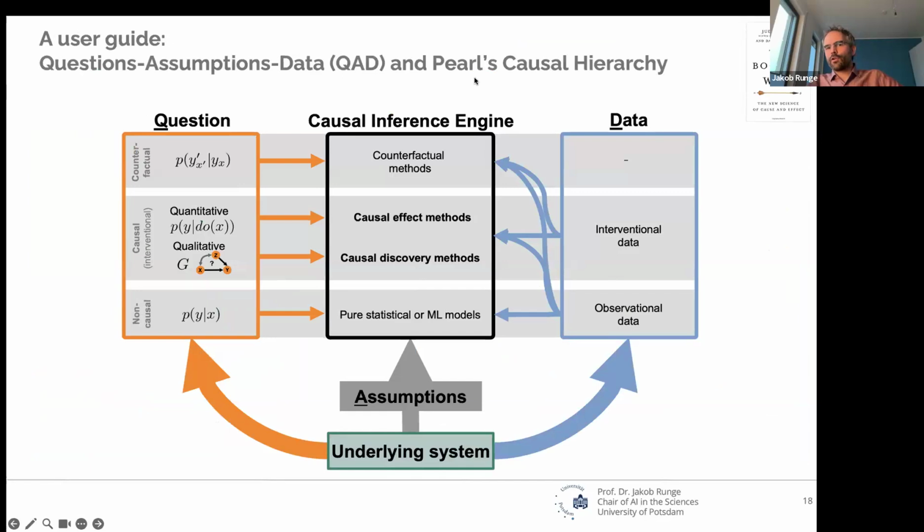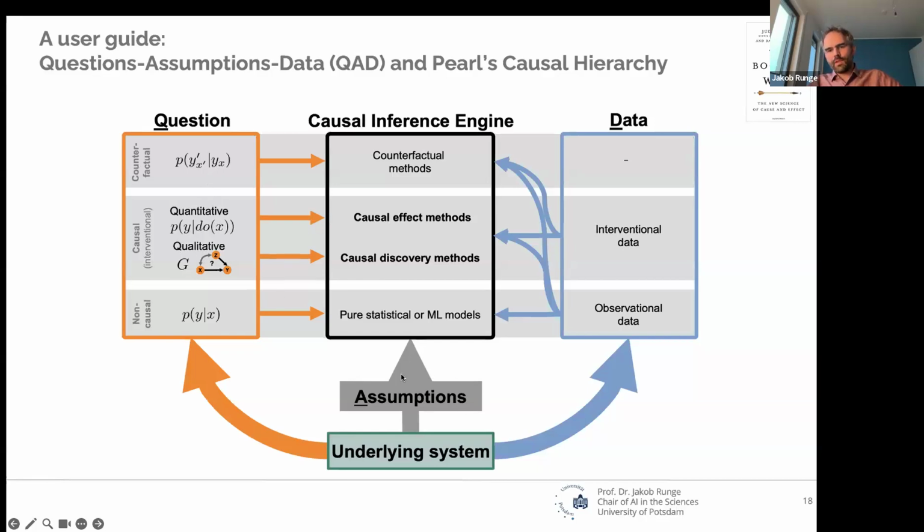So you might have heard of Pearl's causal hierarchy, and I like this concept of structuring the different questions that researchers have so they learn which methods are suitable for their task. So you assume some underlying system, and then a user may have a question, and that may be a non-causal question, a qualitative question about causality, or quantitative, meaning causal discovery or causal effect estimation, or a counterfactual question.